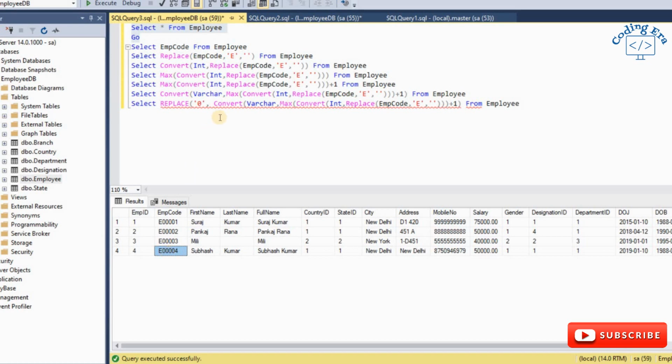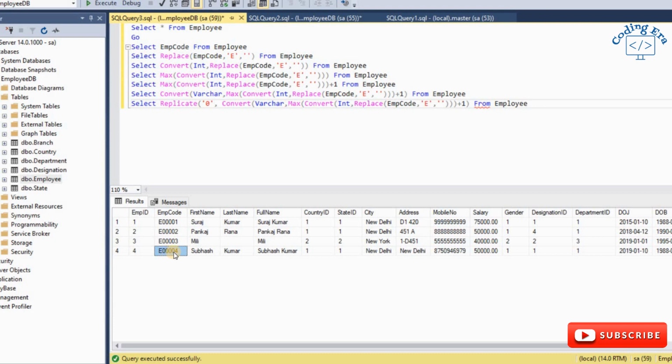So for this we will apply the replicate function. Replicate how many times? The total length of this column is 6, you can see here E00004.